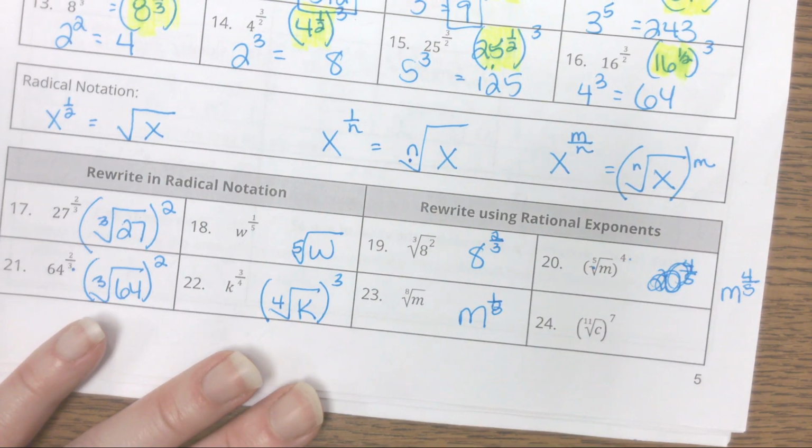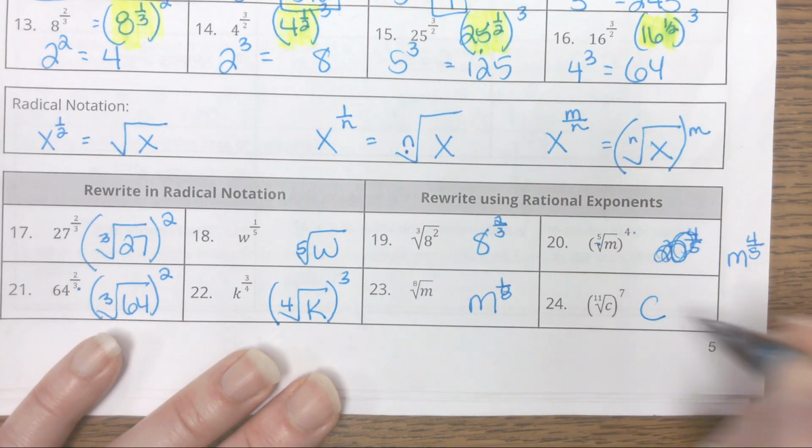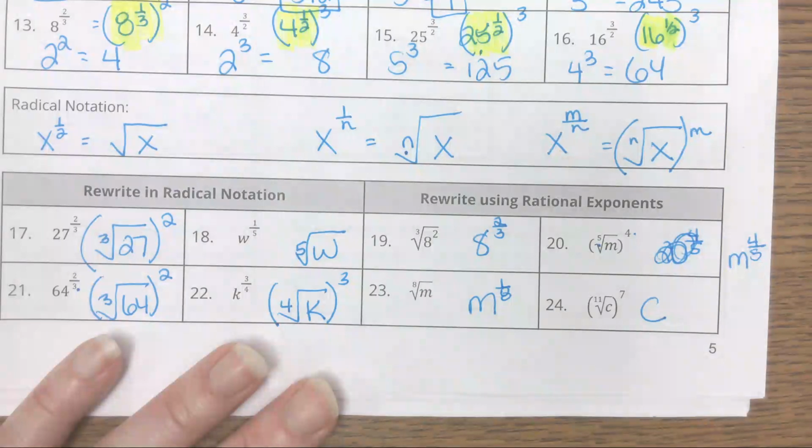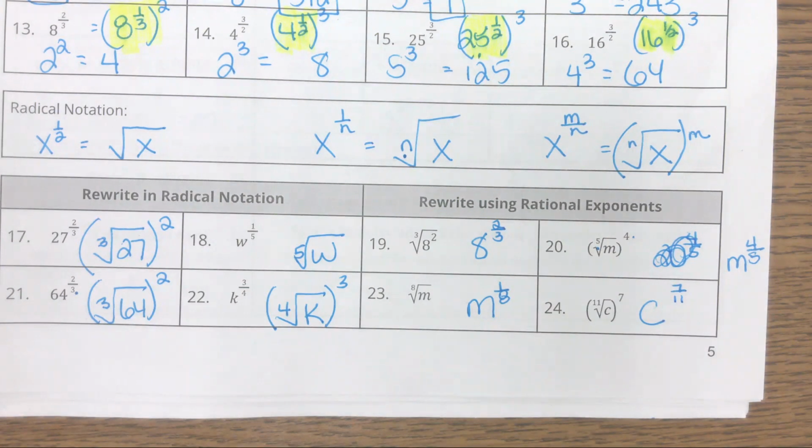And finally, question number 24. c to the 7 over 11. Okay, so